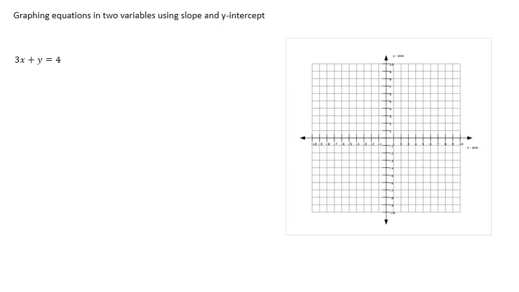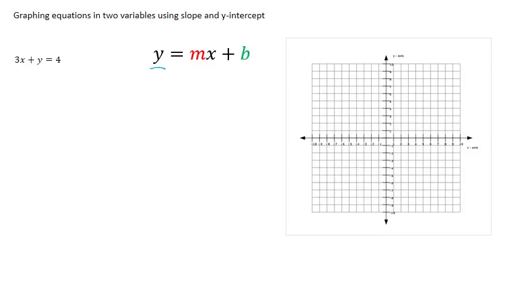Finally, we're going to take a look at graphing the solution to a linear equation in two variables, making use of the slope and the y-intercept. In order to do this, we need to recognize and remember this important formula, a general formula here that has in it